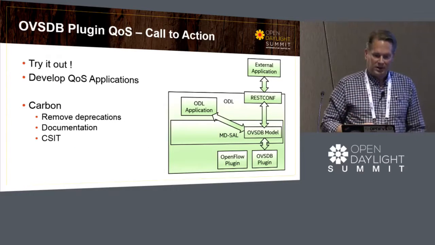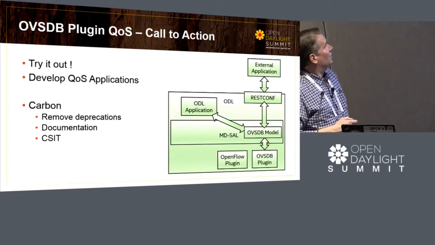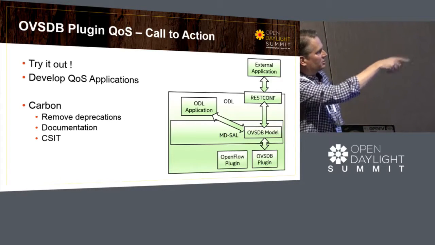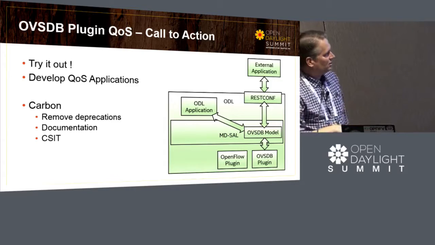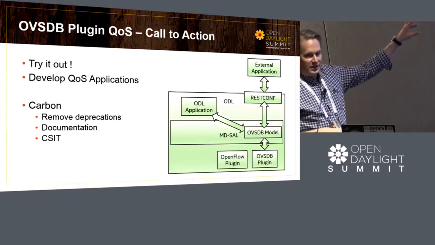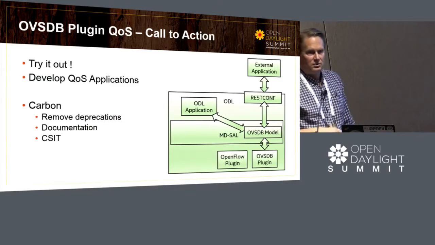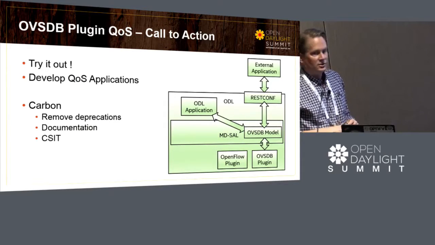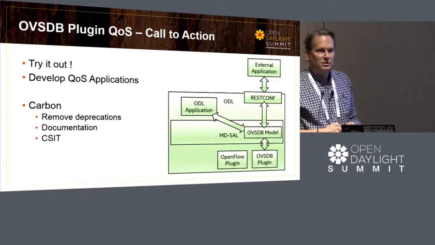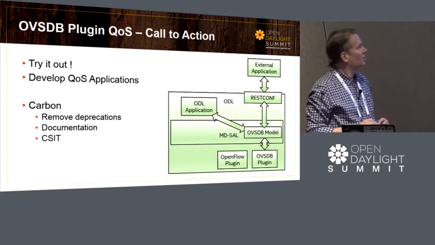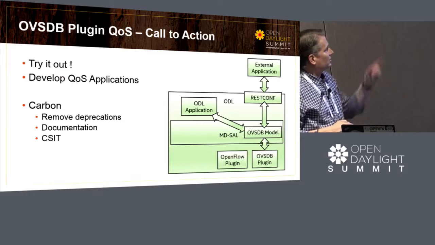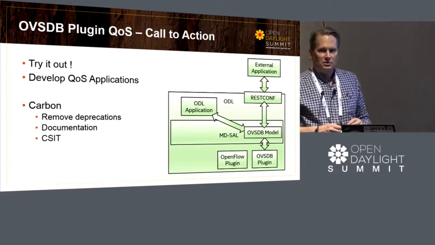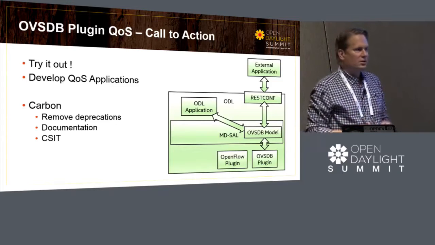All right, so call to action. Try it out. Develop some QoS applications. So here's a basic model. You've got OpenDaylight, the OVSDB models there. You can write ODL applications that talk to it via the internal MDSAL API, or you can actually have external applications talking via RESTconf and manipulate these models. In Carbon, like I was just talking about, remove some of the deprecated elements of the model, make it a little bit cleaner, and